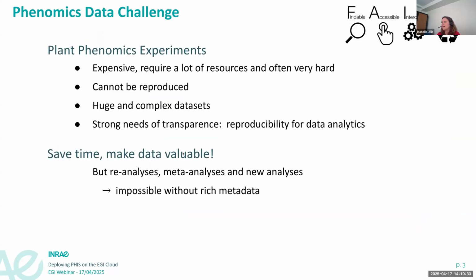So we have a phenomics data challenge. Why do plant phenomics experiments need data management? First of all, they are expensive. They require a lot of technological resources, but also human resources, and they take time and they can be hard. Most of them, particularly the ones in the field trials, cannot be reproduced. You cannot reproduce the climate of one year, and they will generate a lot of data, so huge data sets